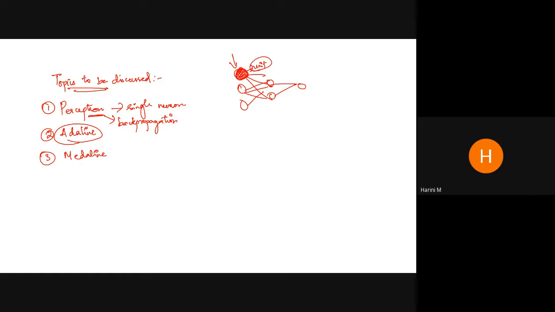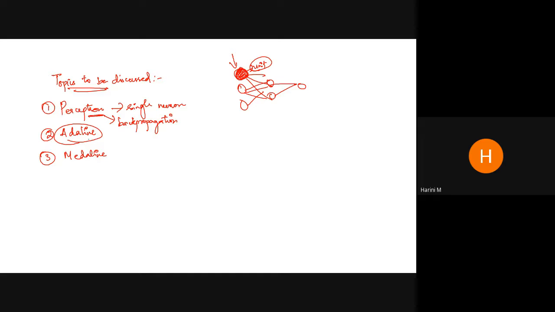Only if back propagation is possible can the network learn on its own, because it has to change its weights and biases automatically so that it can learn according to the given circumstances. But this back propagation is not possible in a perceptron. We have to do the changes manually. So in order to overcome that shortcoming, we came up with a concept called Adaline.